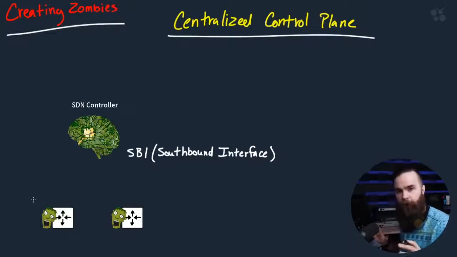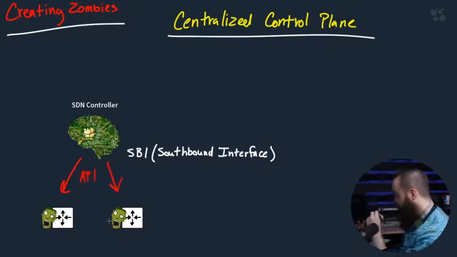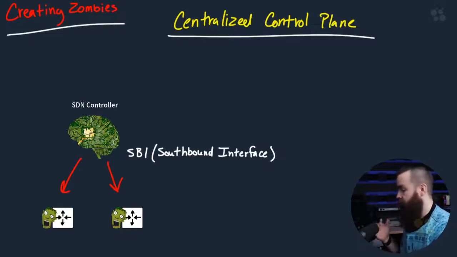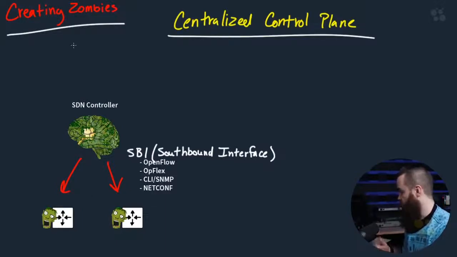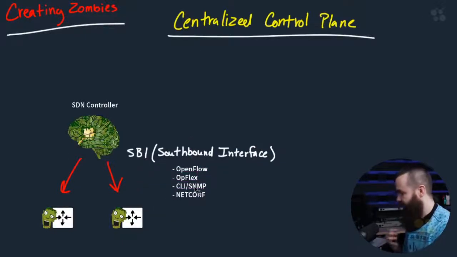But here are some of the most popular options we have. Now, we've already explored some of these already, like API, the Application Programming Interface. If your networking devices have API capabilities, well, your SDN controller can control it via API. Now again, this does depend on your SDN controller, which there are options, we'll talk about those, and your networking devices. Here's a list of the most popular ways for an SDN controller to control our networking devices. These are all different SBI interfaces, or SB interfaces, southbound interfaces.